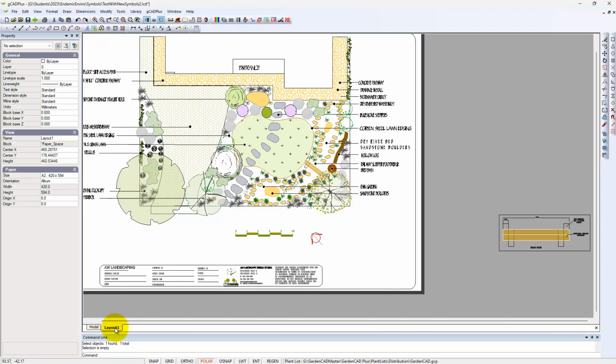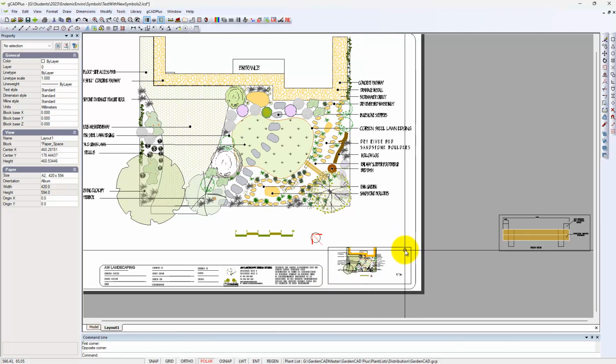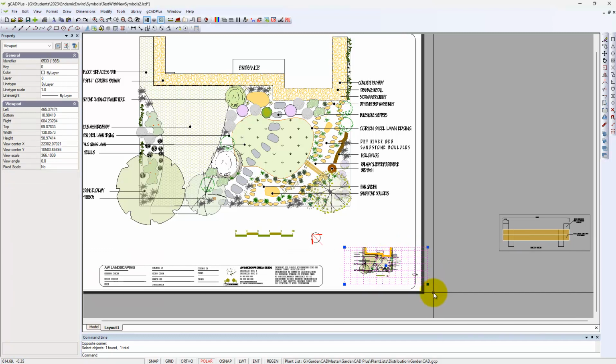If I now return to layout space, I'll do it from first principles. I'm going to add a viewport in this. In fact, we might put it down here in this area. It's actually a good idea just to move it off to the edge so that you can always grab hold